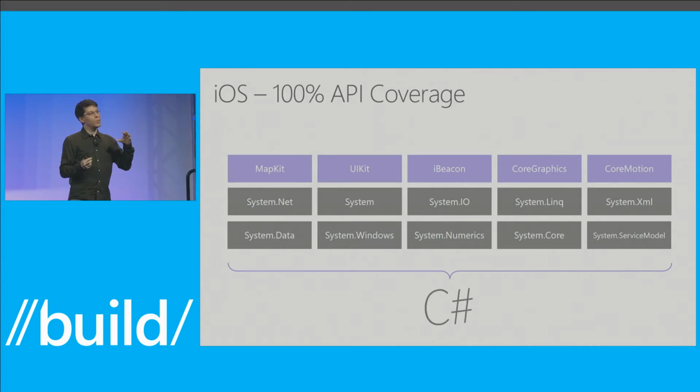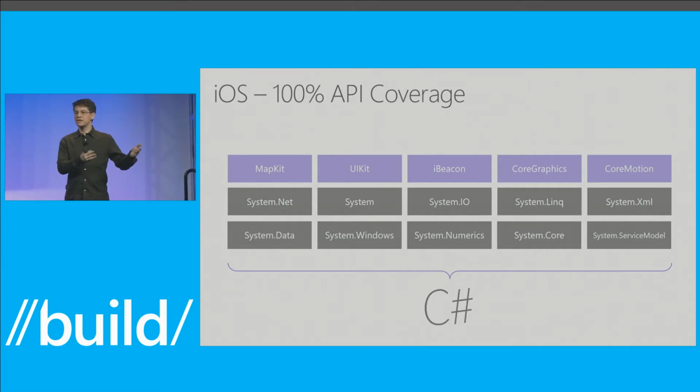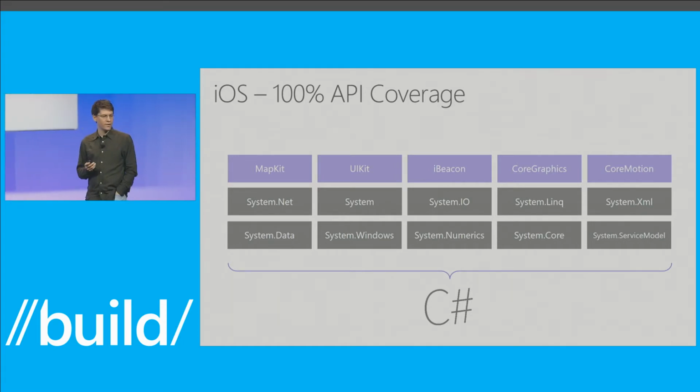The second thing that we did is that we integrated the object system. So it's not only about surfacing the API, it's also about making sure that the object systems work together. So when you create a subclass in C# of a native API, it becomes a native subclass. If you subclass UIView, the operating system has no way of knowing that this is not a UIView. It just happens to be implemented in C#. And the same thing for Android. You can create subclasses in C#, and they just happen to be subclasses of Java, so Java has no way of knowing that this happens to be written in a different language.